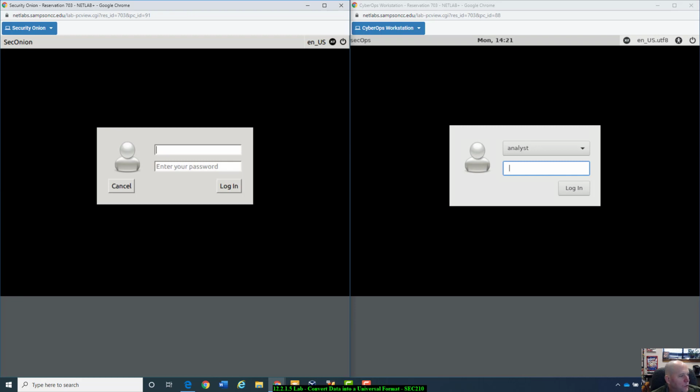We're going to normalize timestamps in an Apache log file, which is a web server log file, in preparation in Security Onion. And just so you guys know,